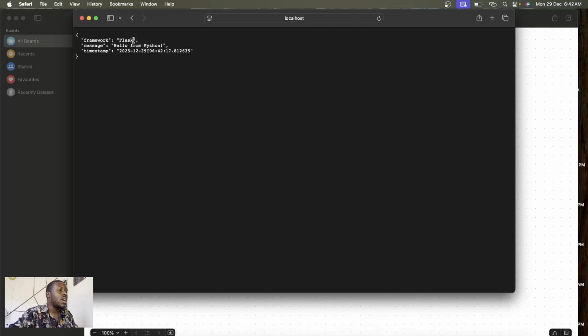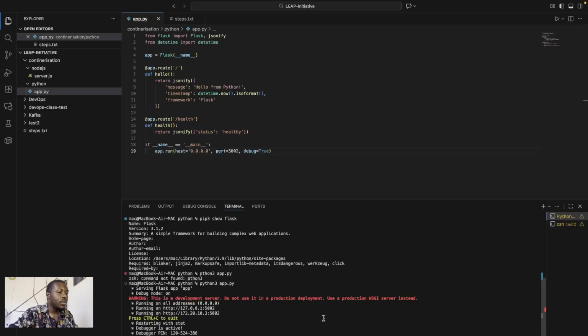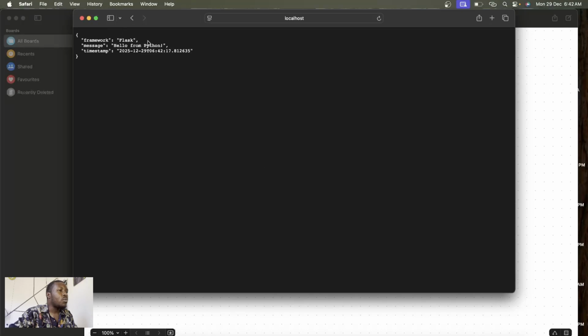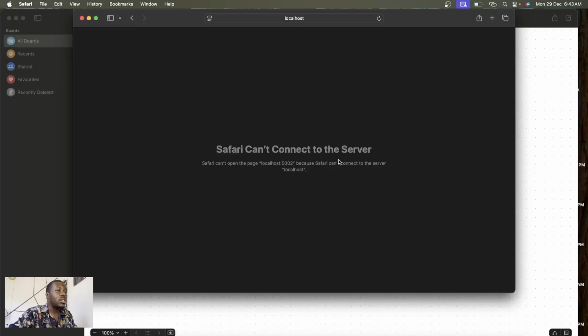This is what it logs out. It says, Flask, hello from Python, right? So this is just to show you what running an application looks like. This is not a fancy UI or anything. Just wanted to show this example. So now this is what it looks like. So we'll stop it. We'll do Ctrl+C to stop it. Now it has been stopped. If we want to validate that it has been stopped, when we try to refresh, this will go away, right? It cannot connect to the server because it is down.